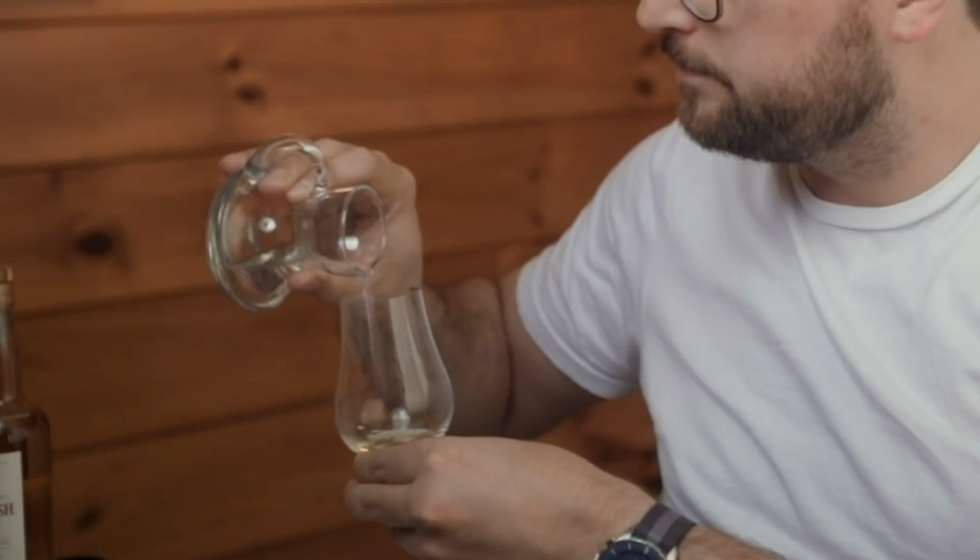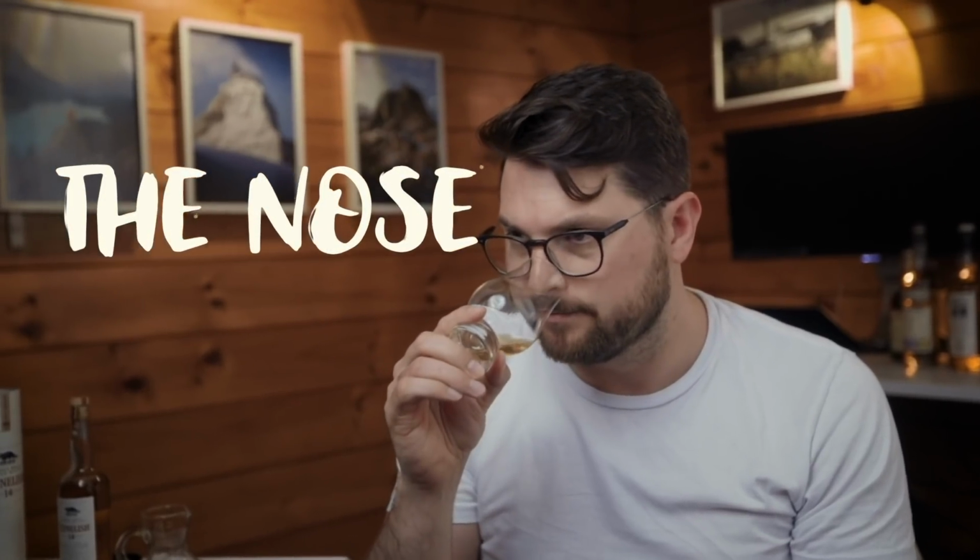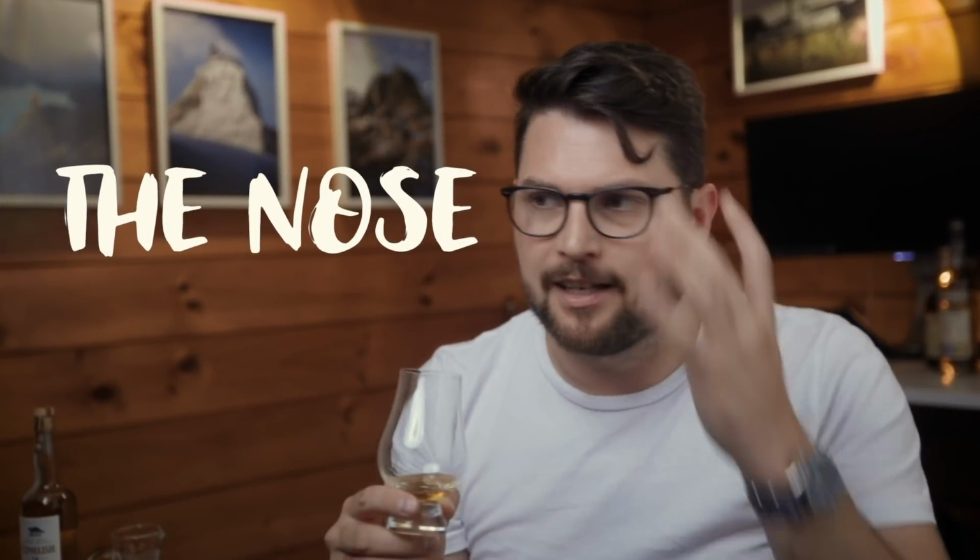For this whiskey as well, I recommend adding just a little bit of water. So on the nose, again, ginger, apricots, sort of a brininess, a little bit of waxiness, kind of a dry vanilla. And what I mean by that is it's not like a sweet ice cream vanilla. It's more like the vanilla bean vanilla. And on the palate,